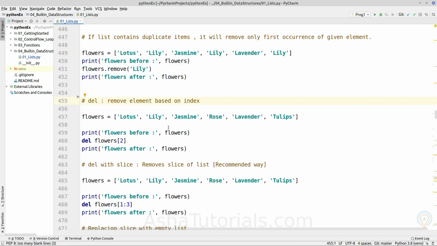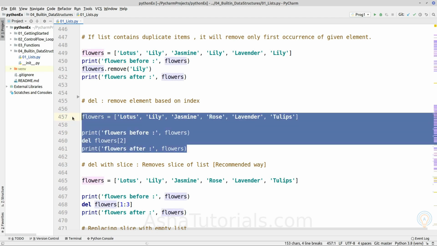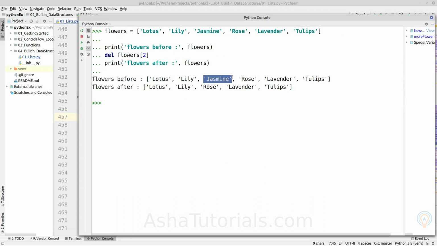Next is using del, the delete statement, to remove a particular element by index. We don't know what element is exactly stored at the particular index, but we want to delete by the index. Remove removes based on value. Now del with the given variable and index will remove the particular element at the given index. So 0, 1 and 2. It should remove this element from the list. As we can see, del removes the element at the given index.